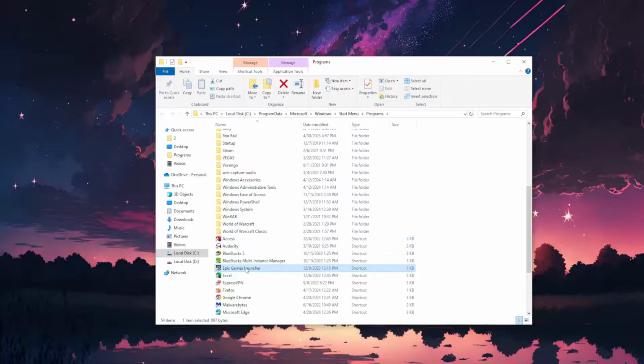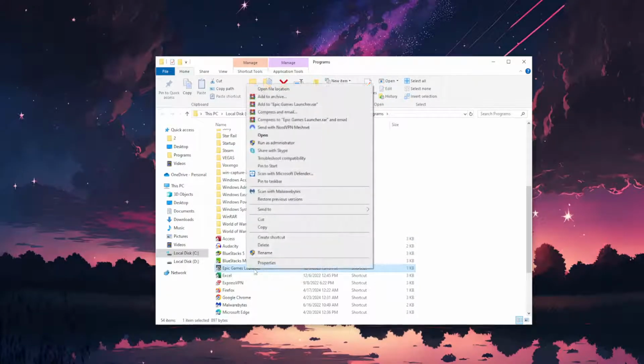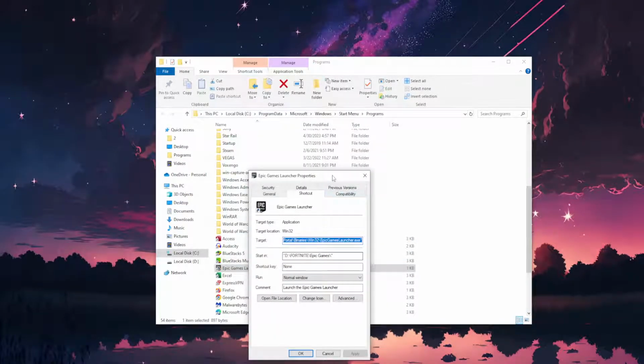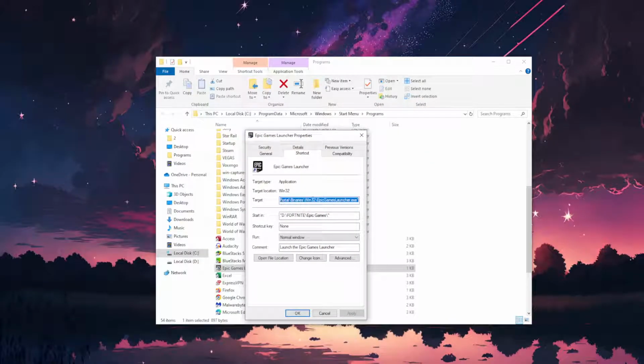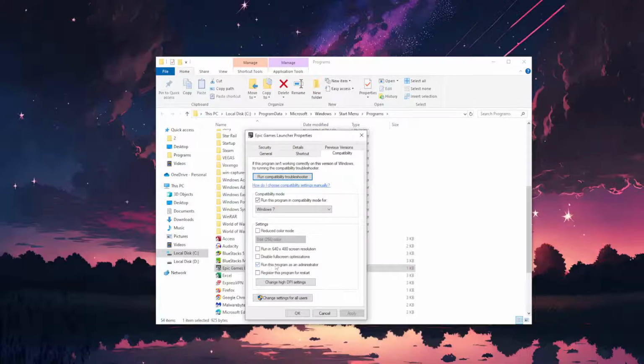Now from here what we want to do is again right click on it, go to properties, and after this target here, just click at the very last spot here, press space and paste this command -http=wini.net, and then click on apply, continue with permission,